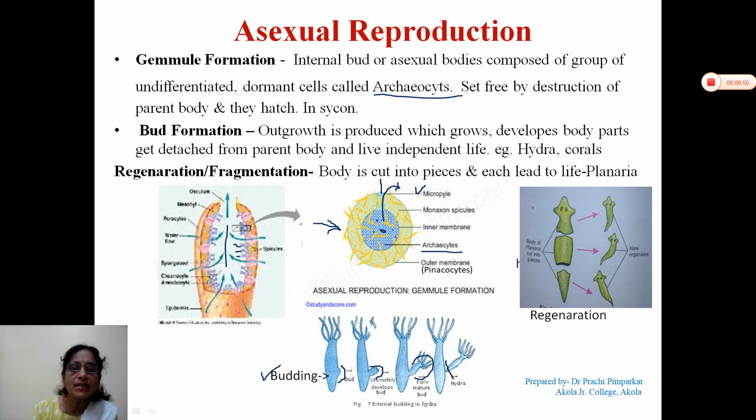And the third type is very simple. It is regeneration. Regeneration is formation of the same organ once again after